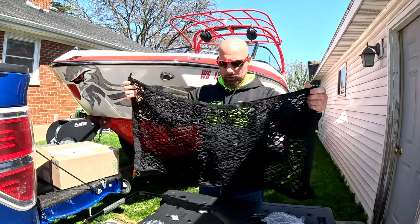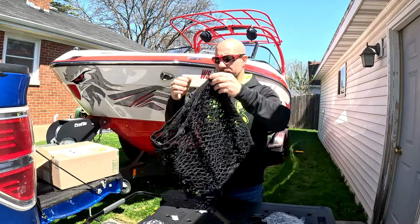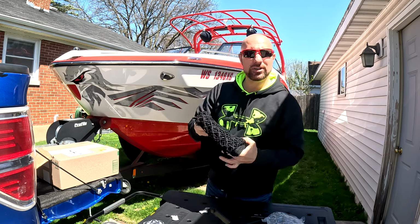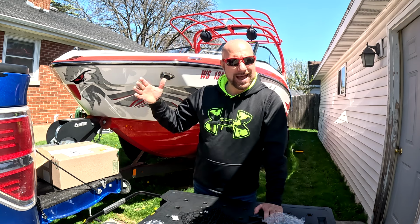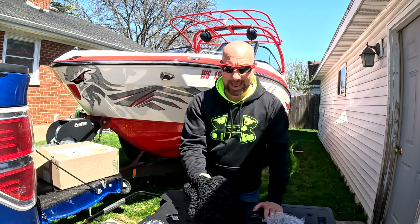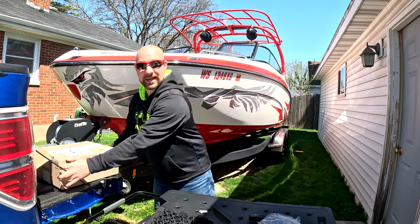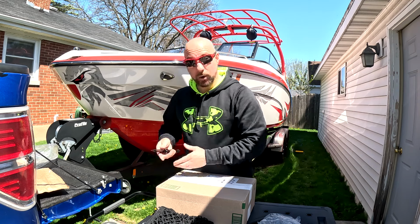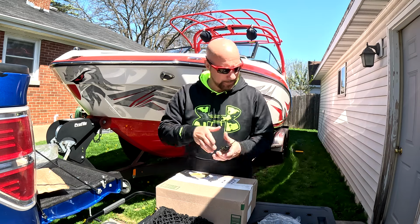We're gonna see what it looks like and how it works on the boat, but what I am thinking is this is going to fold up really nice, not take up a lot of room, and it's gonna be really good, I think, when we have some life jackets or something that are wet, not dripping wet, but not dry enough that we wanna put in storage. I think this is where I'm gonna get the most use out of that, but we will find out once we get on the boat and actually try it out, see what it's good for, where it works best, where it fits. And the other one is going to be